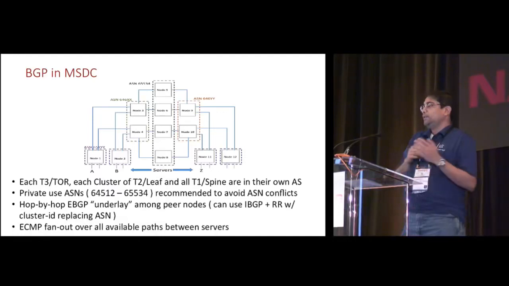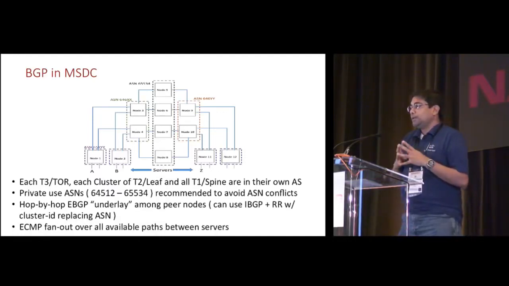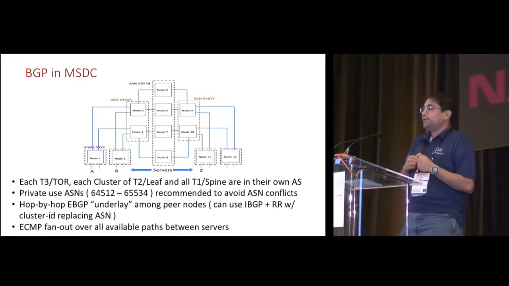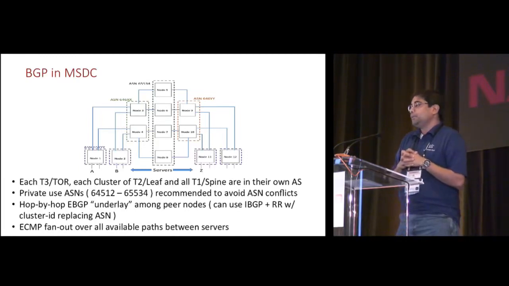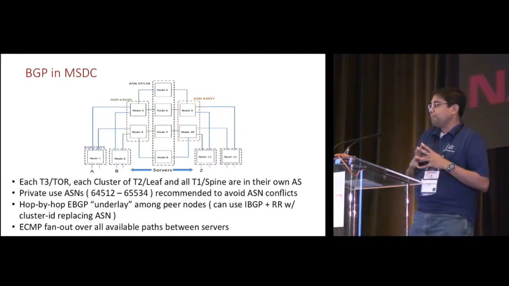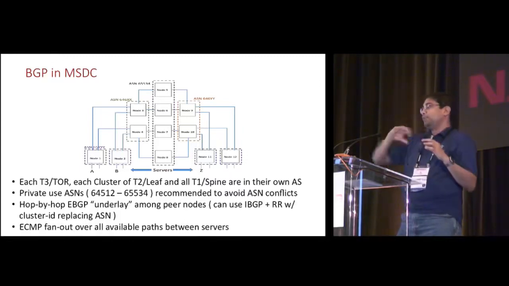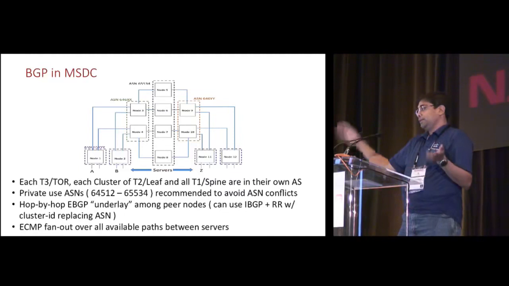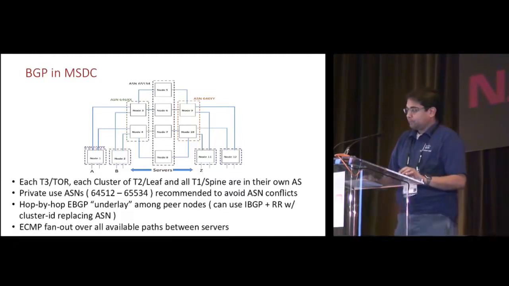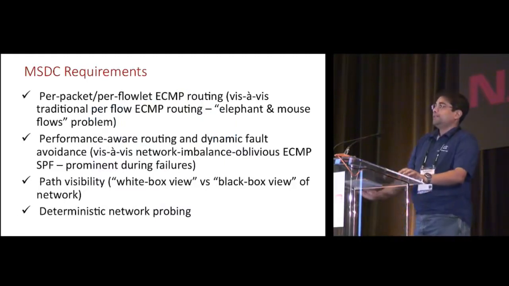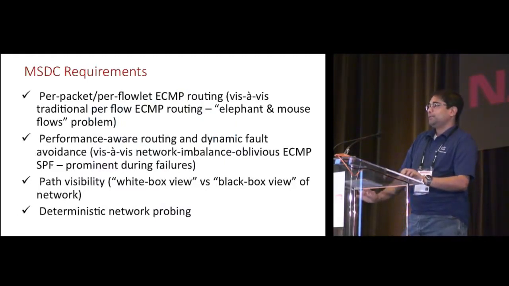You can actually do it also in IBGP if you really want. You need a route reflector at each level, and also you have to do next hop self and all that. But you can do it in IBGP as well, but the preferred method is eBGP. And needless to say, you are always getting an ECMP fan out as you go from one side up to the other, east-west. So now that we have established a reference topology for our presentation,